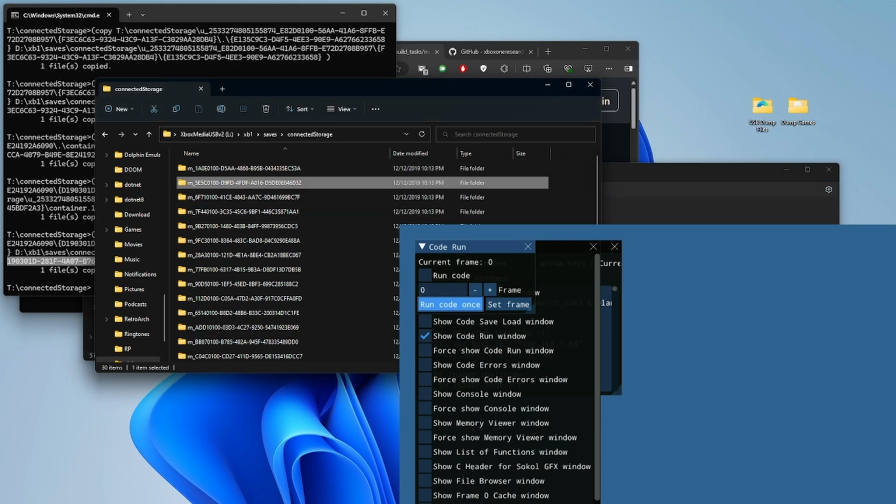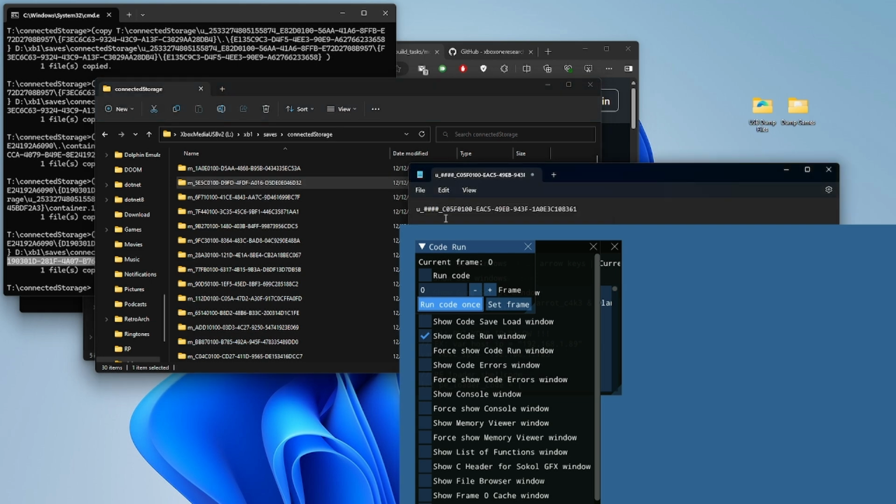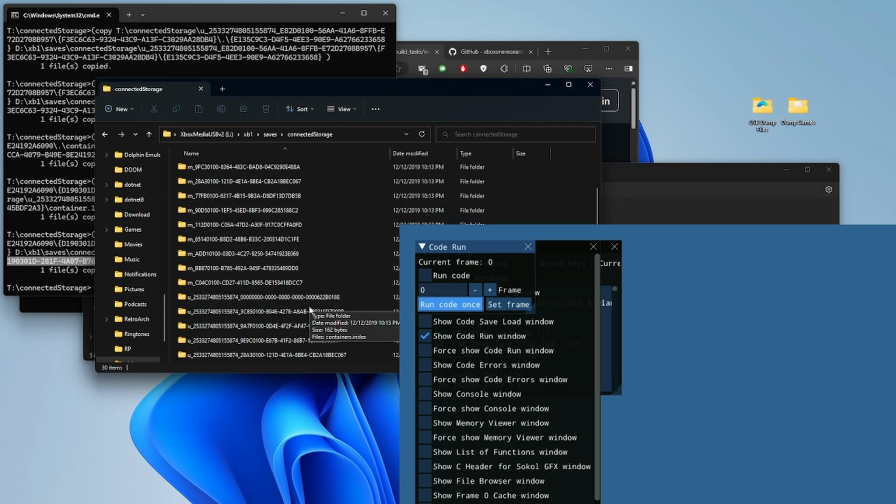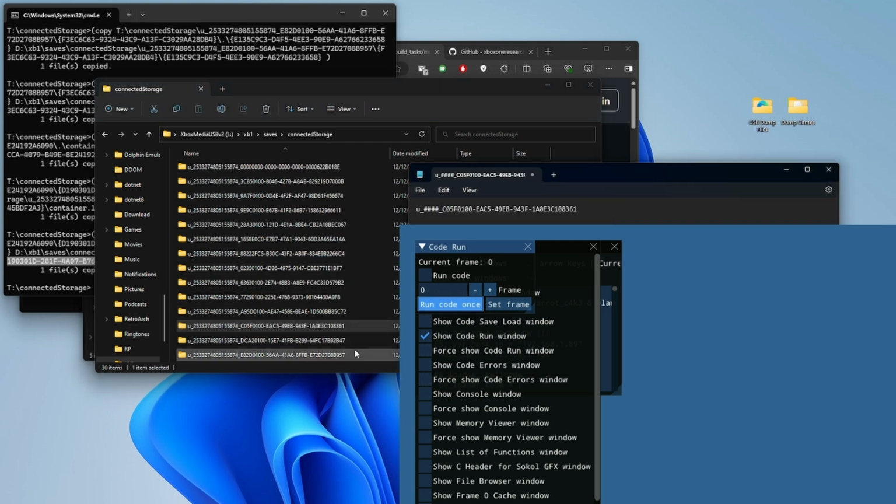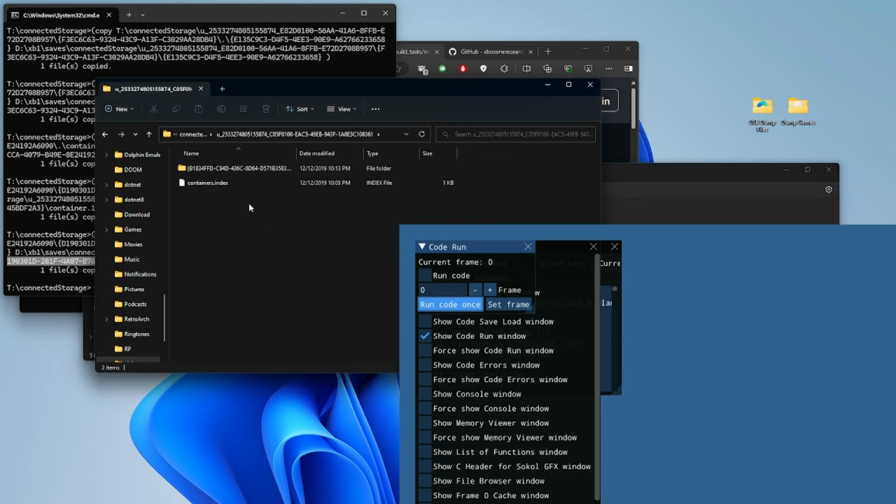So I believe we have a match here. So let me check. No, not that one. So it should end with 61. So let's go through there and find anything ending with 61. So I have this one, 61. So let's verify. So yeah, this is CF0 E5A C5, yeah, that one. Okay, 94, yeah. So I believe this is the Warhammer Vermintide, and inside Warhammer Vermintide, open the folder, and then